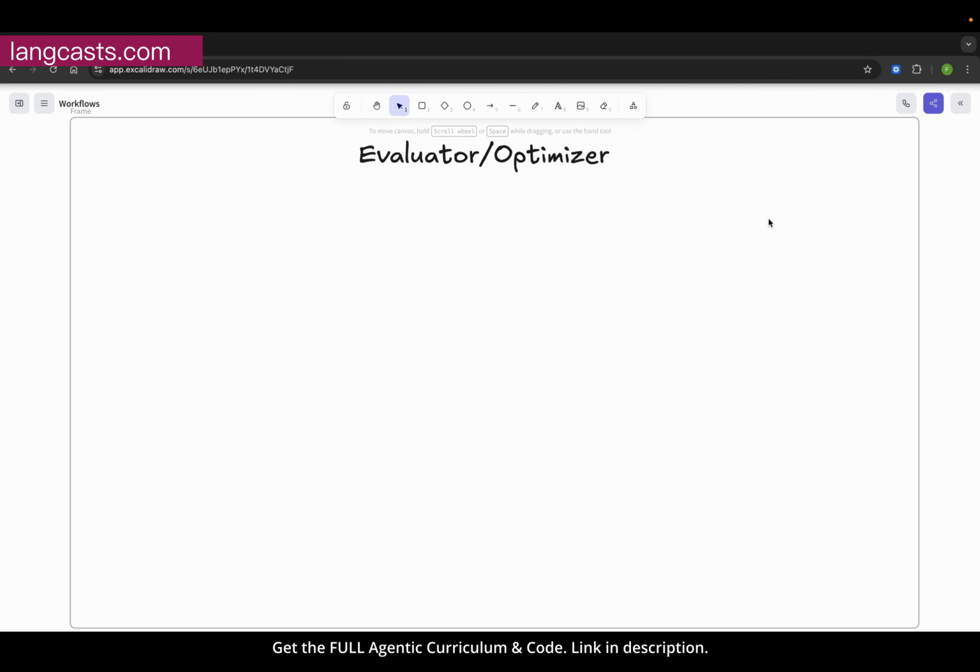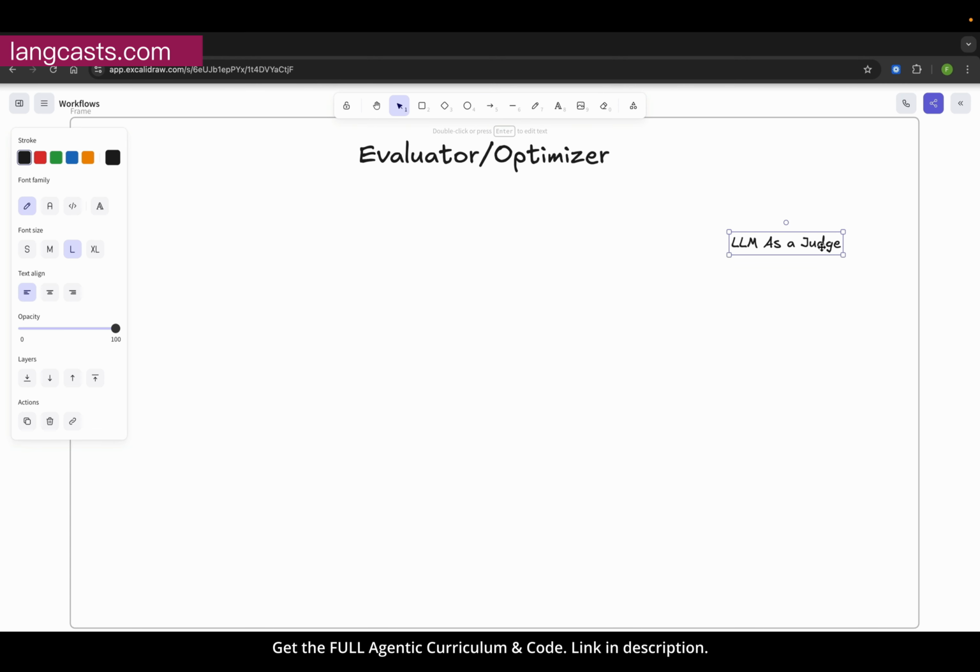So, you've often heard of the term LLM as a judge. Let's put that somewhere here. LLM as a judge. This is where an LLM produces an output, then you use another supervisor LLM to actually